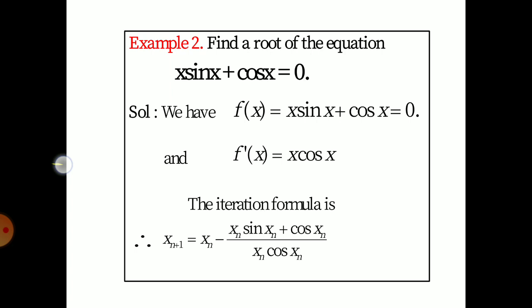Then as first approximation, x1 is equal to x0 minus f of x0 divided by f dash of x0. We require f dash of x0. You can observe that the derivative of this is equal to x cos x, and then using the formula, which is written in general, and simplifying, I have given only the values, taking the first root as pi.